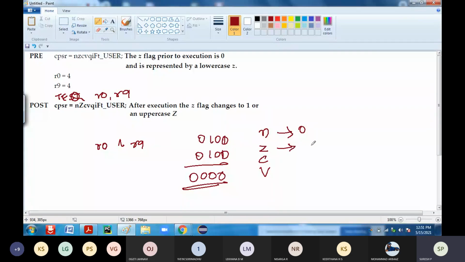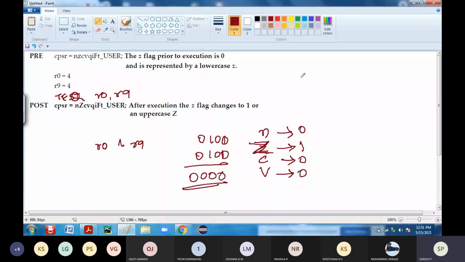Is it affecting the zero flag? Yes. The output you obtain is 0, so your zero flag will be 1, indicated by big Z. Is your carry flag affected? No, that is 0. Is your overflow flag affected?